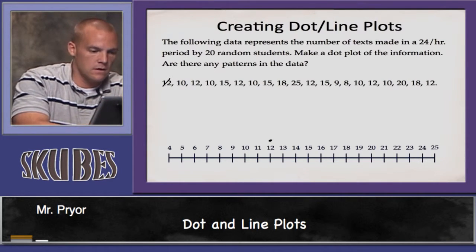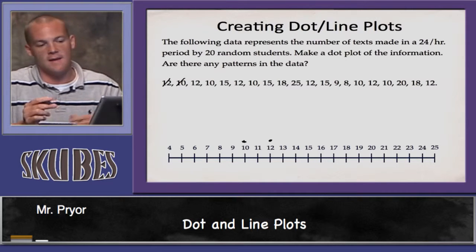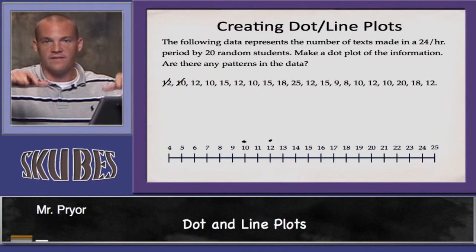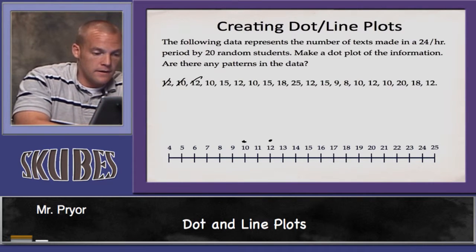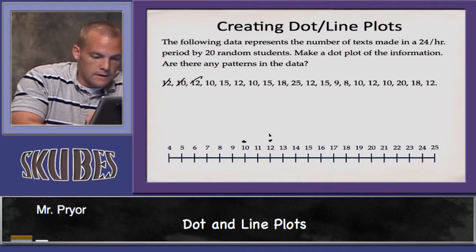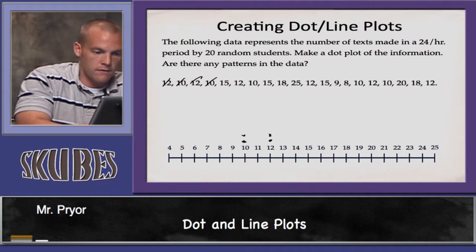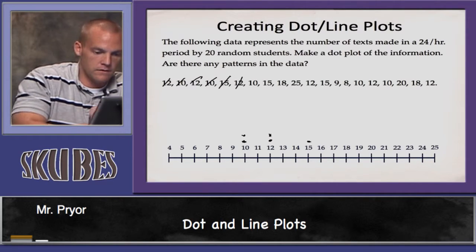All right, so the next one will be 10. And when you do this, just try to make sure each level stays approximately the same. So the first dot and then the second dot and the third dot pretty much have the same distance. That just helps at the end when you're analyzing it. Then 12 again, 10, 15, 12 again,